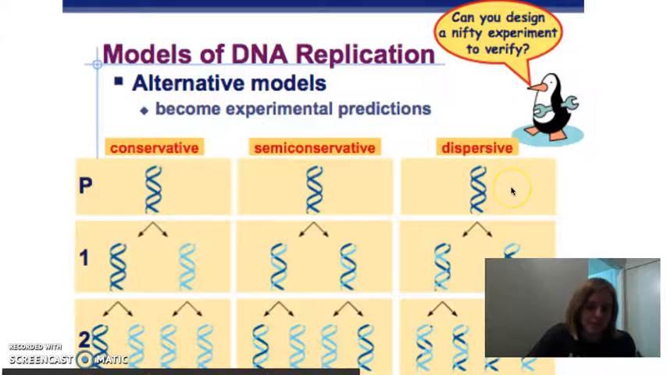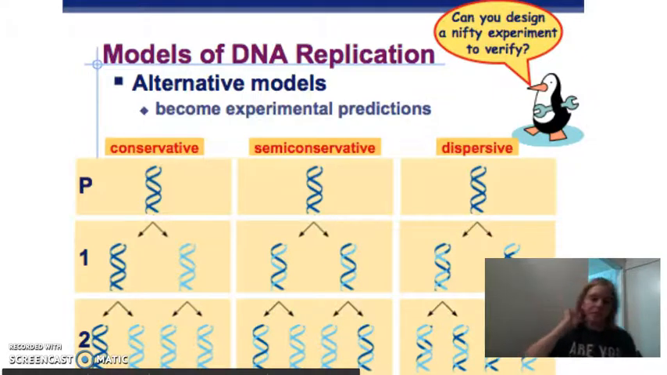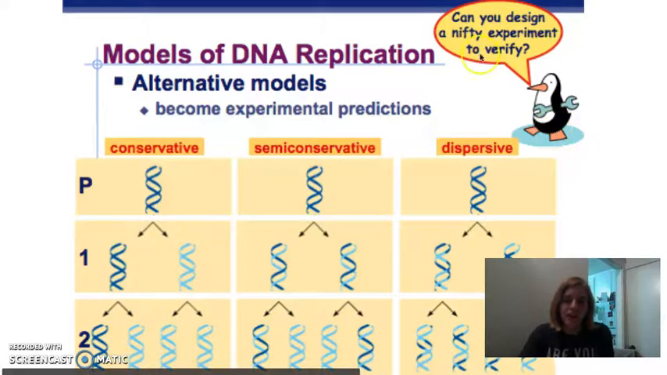The dispersive model was even more confusing, in which all four strands of DNA after the second round of replication have mixtures of the old and new DNA. This is a little more complicated to think about, but it nonetheless was an experimental prediction. And then finally, we have this option, which was known as semi-conservative replication,